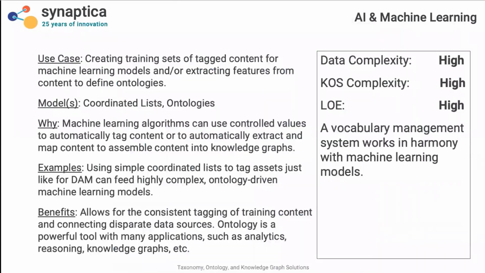Now here, the data complexity and the KOS complexity is quite high, as is the level of effort, because you are really dealing with machine learning models, and you're going to have data scientists working on that kind of information. But in this example, we see that we can use simple lists for tagging images, which are then learned in supervised machine learning models for later tagging of new content. The potential extraction of new features and content to add to an ontology is also there, which can be used